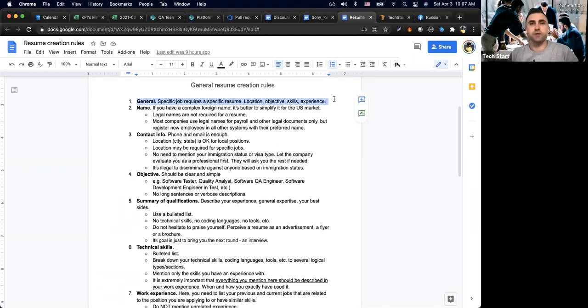resume should be specific for a specific job description. Of course, we are lazy and we would like to create some general resume that can be used for many job descriptions, many positions we apply for, right? And that is okay. Usually that works, and there are many positions we can apply for using a single resume without any change. And that is okay, because